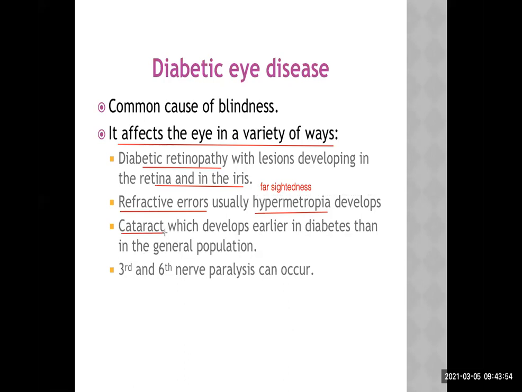Cataract and glaucoma are quite commonly developed in a diabetic case. Cataract is an opacification of the lens. The lens becomes white, that is called cataract. And diabetic people develop cataract quite commonly, as well as glaucoma. Glaucoma means, what is glaucoma? Yes, let me quickly ask this question. Increased intraocular pressure.